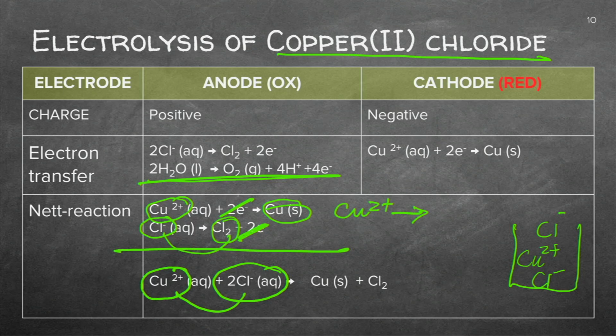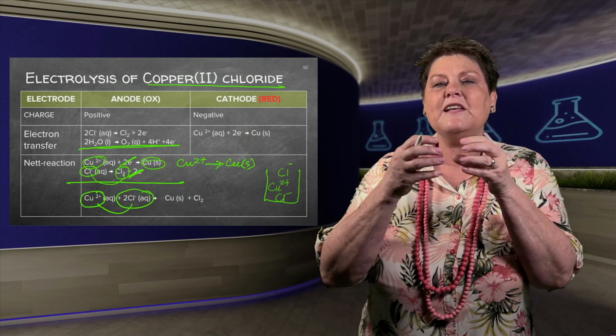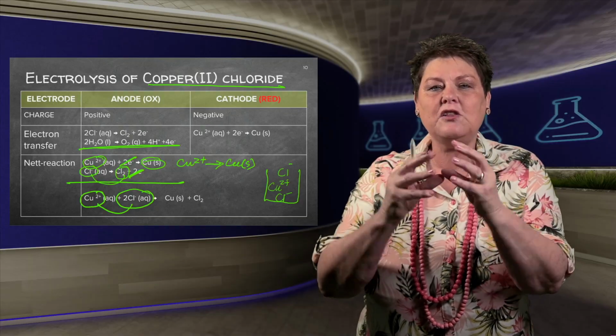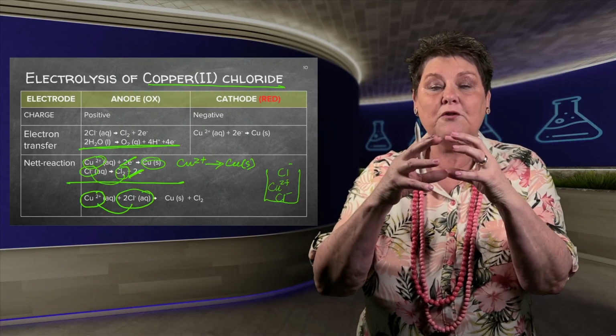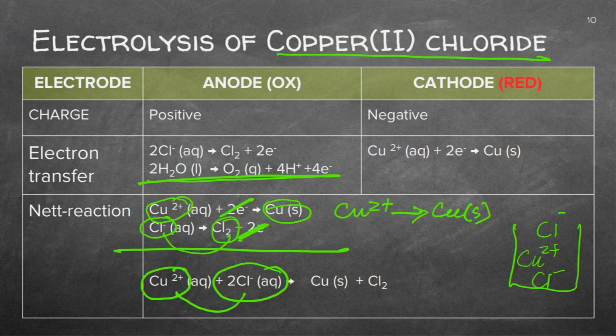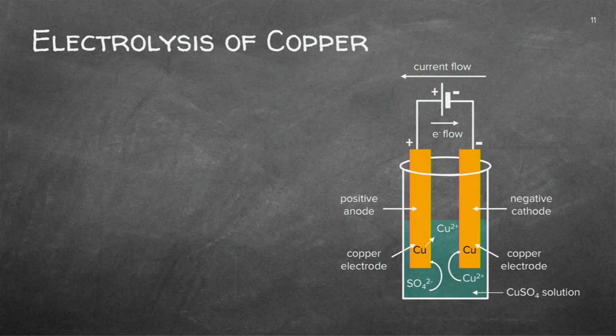Those two will now form, do you see there, the copper 2 plus becomes copper solid. Can you think what copper solid is? It's a precipitate. So you'll see the copper metal, the reddish metal around that electrode. On the other hand, you'll form chlorine gas and you'll smell it. It's a gas that's being collected at that specific site.